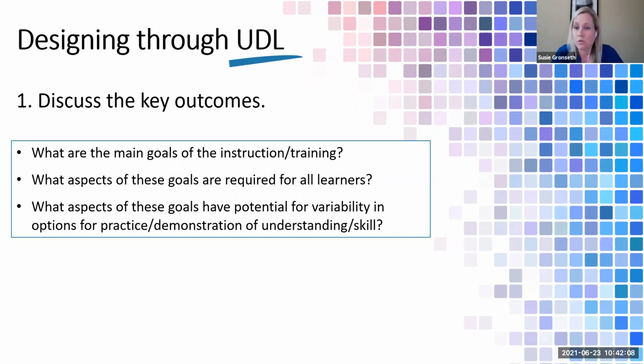So in keeping those goals in mind, we want to discuss the key outcomes. So it's goal oriented. We have to look at what those main goals are, and we have to continue to return to that. I know when I have my designer hat on, I have to keep those objectives, the main aims that I want to accomplish, right in front of me, and continue to refer back to that, because I have all these ideas of different activities and things that we could do, but do we really need to do that to achieve those main aims? And separating out what you want to accomplish from how it can be accomplished. Are there different ways that it could be accomplished than maybe had been originally articulated in that goal statement?